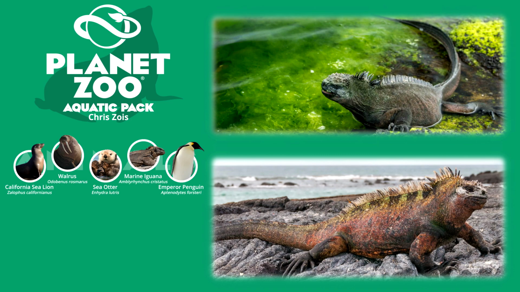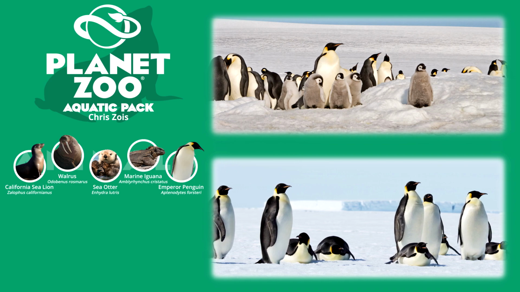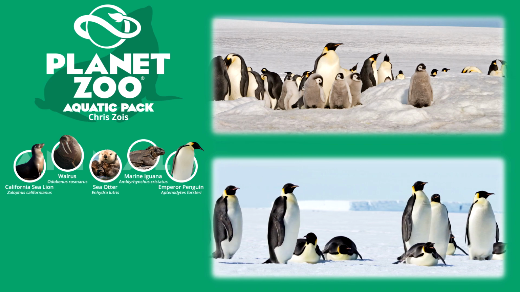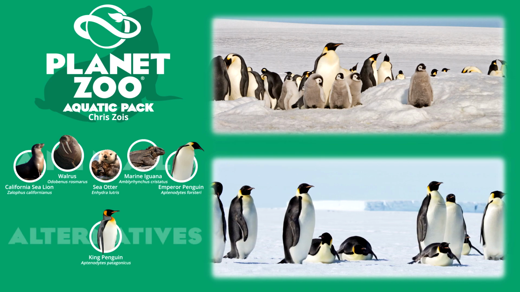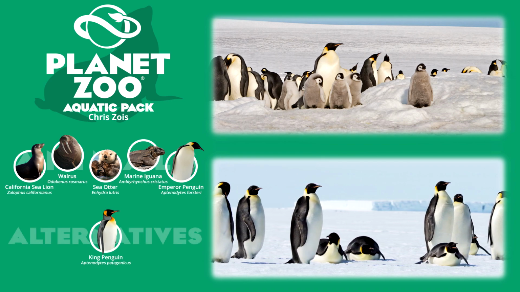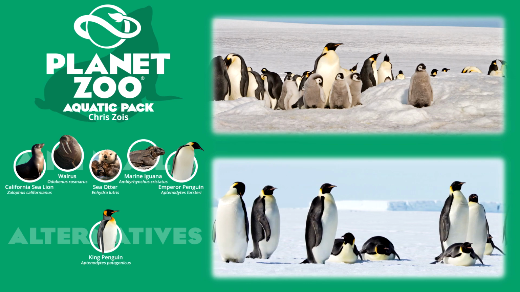The marine iguana is a really creative choice that fits with the ocean-going theme of this pack, and it would be very interesting to add a diving, algae-feeding reptile, despite there being no captive marine iguanas. Finally, the emperor penguin rounds off this strong roster as the largest, most majestic and sought-after penguin for the game. The only alternative worth mentioning is maybe switching it out for the king penguin, as they appear more readily in captivity and make a more realistic option, but I would have absolutely no complaints to see the emperor